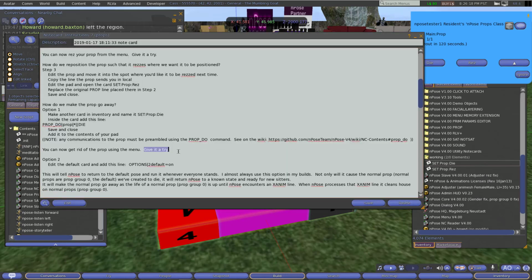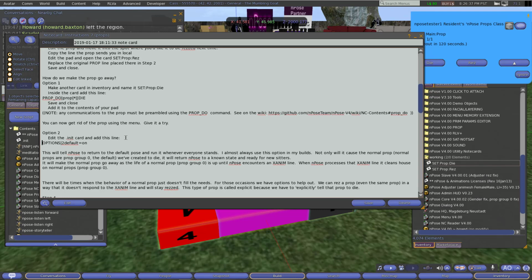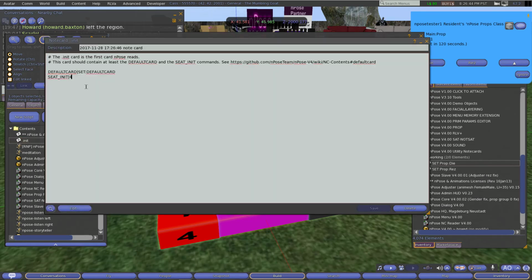Yay, we made progress. Option 2, edit the default card and add this line. Actually, let's not put this in the default card. Let's put it in the .init. And let's make this easier to copy. And let's put it in here somewhere. What have we done here? This is one of those